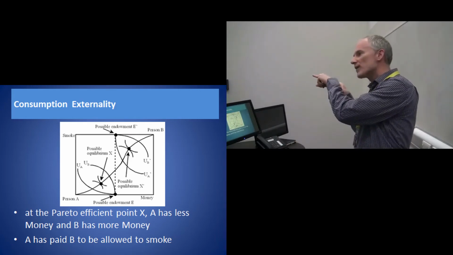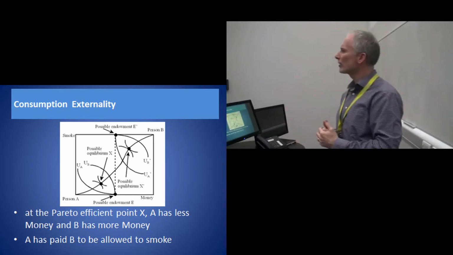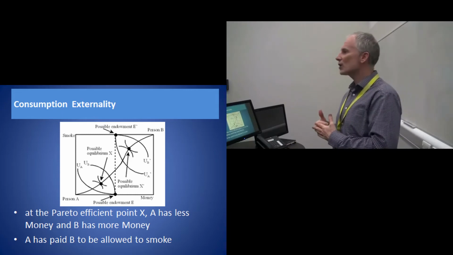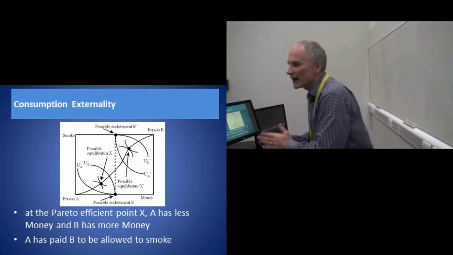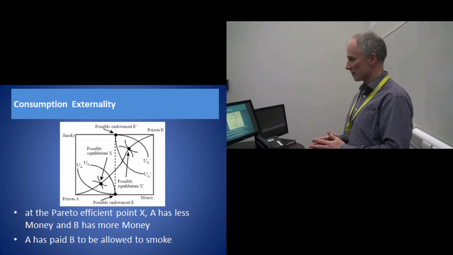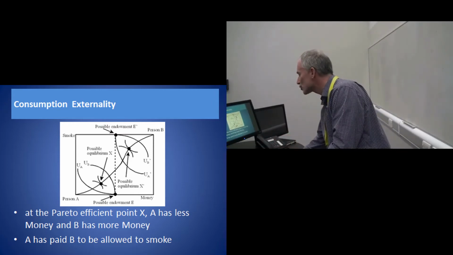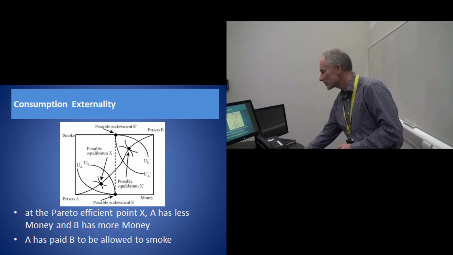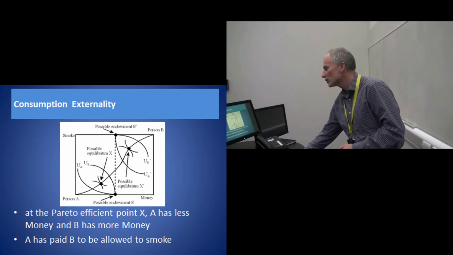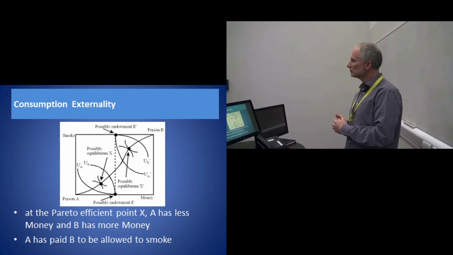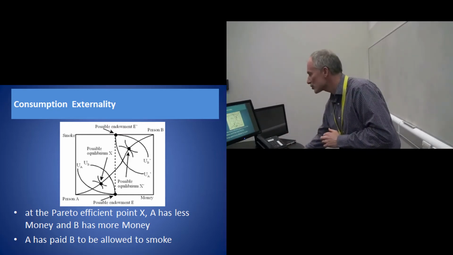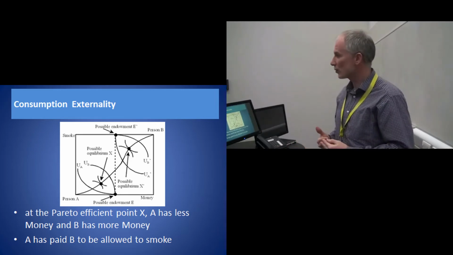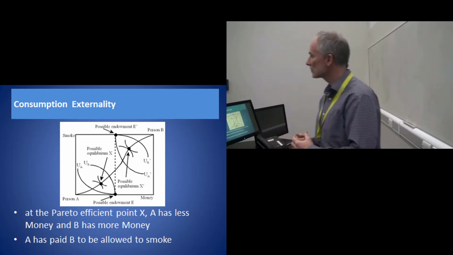Now, think about logically, intuitively, what would have happened to go from the endowment point to point X. We started off at the situation where both individuals had exactly the same amount of money. And person A, though, was not allowed to smoke. There was zero smoke available. And yet, our new equilibrium at point X, what do we notice about smoke? It's no longer zero, there's a positive amount of smoke. So person A has been allowed to smoke. His roommate has allowed him to smoke.